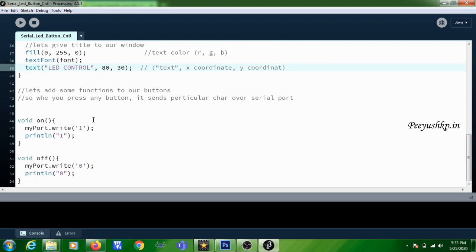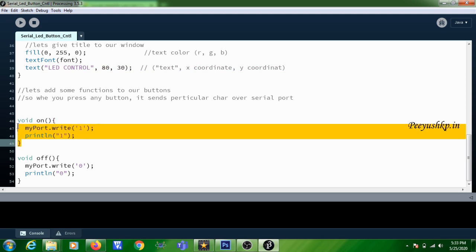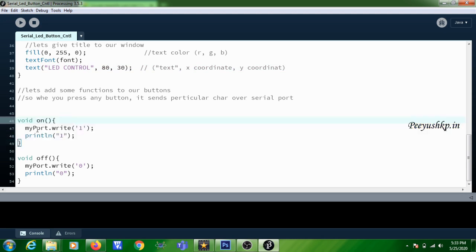All these things we have seen, and here this is the function for button press. So when you are pressing on button, this function will be executed. In the previous example, when I am pressing on button, a message will be displayed in the console. Here I am displaying a character 1 in the console. In addition to printing 1 in the console, I am writing the same one to the serial port with an